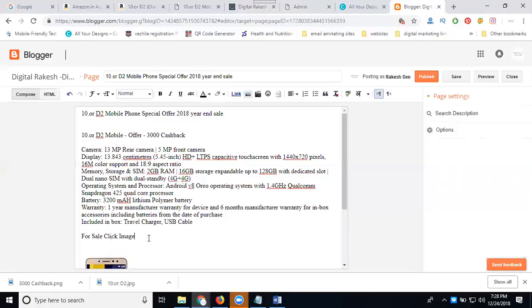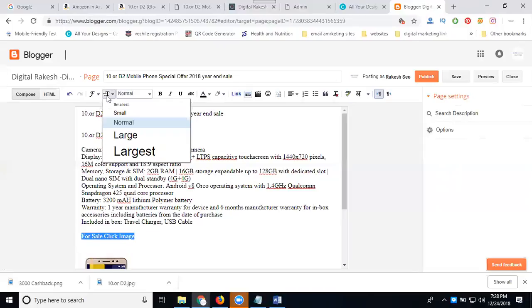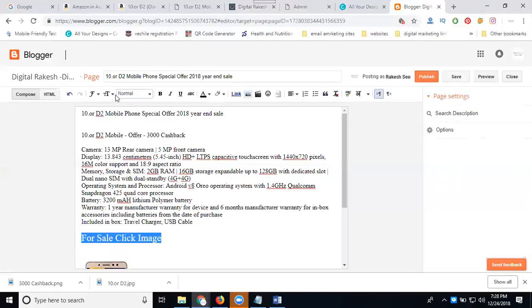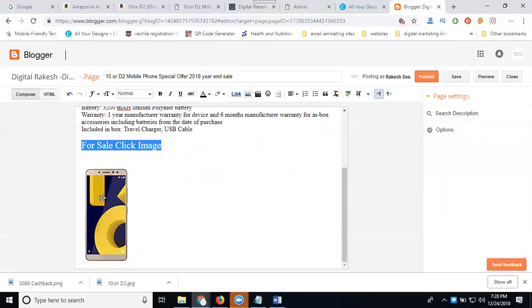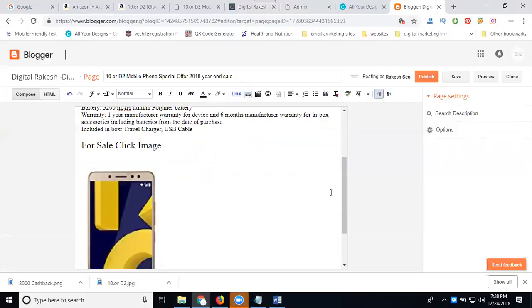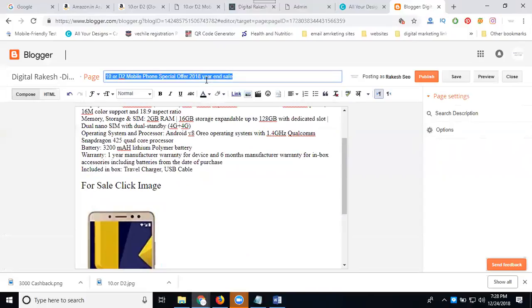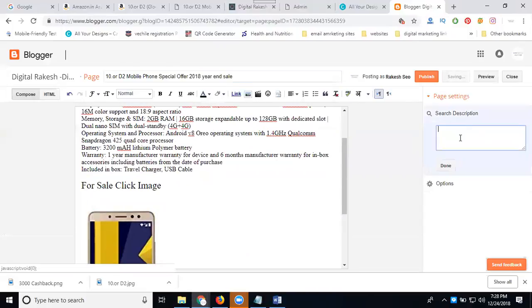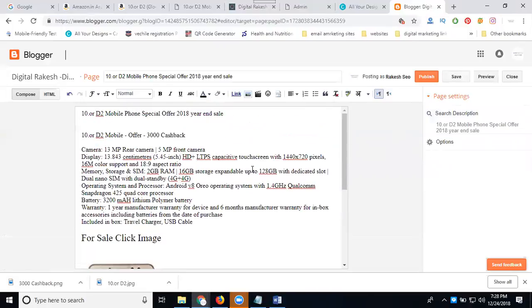Click image. Launch. Just copy the search description and add it. Done. Everything clear? Click publish.